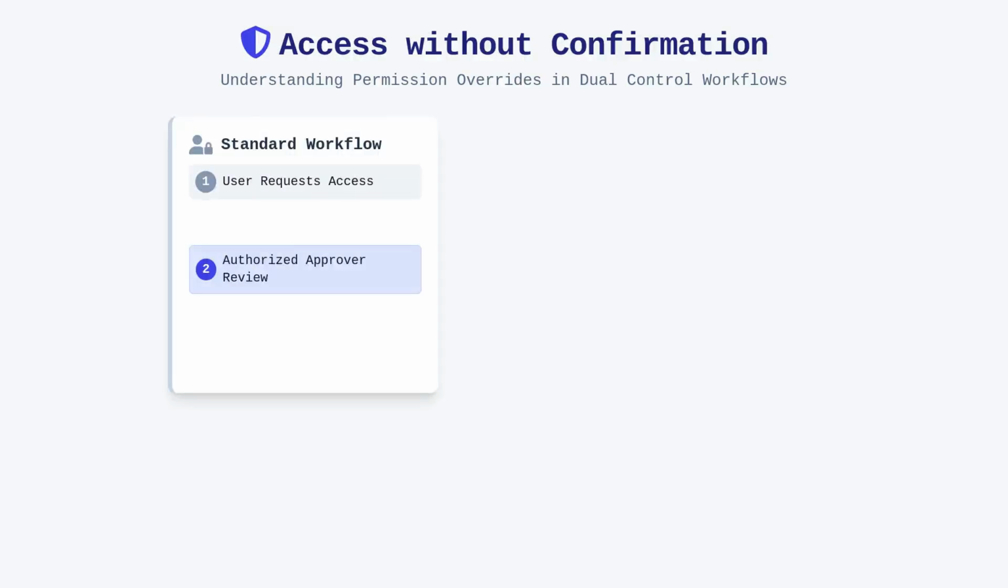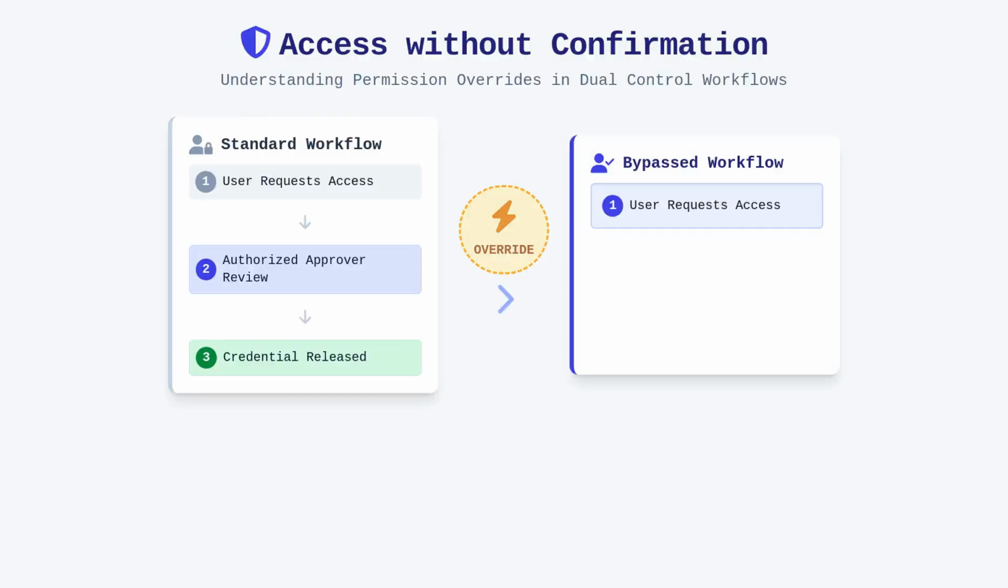One of the most consequential configurations you will encounter is the access without confirmation permission, which directly interacts with the dual control workflow settings defined in the master policy. When this checkbox is selected for a specific safe member, that individual is exempted from the standard workflow where an authorized approver must approve their access request before the credential is released. This permission effectively overrides the dual control mechanism for that specific user, regardless of what the broader policy might dictate for other users. While this provides necessary agility for emergency break glass scenarios or high-privilege service accounts,